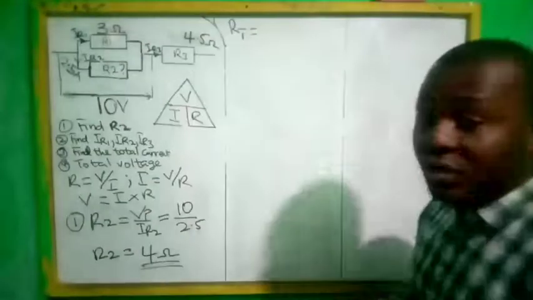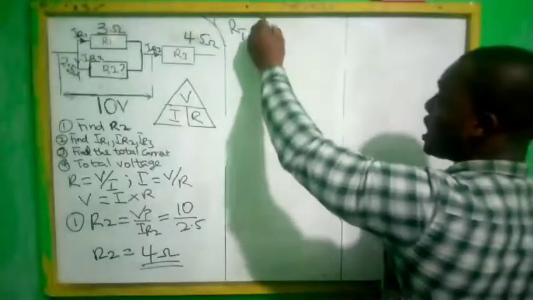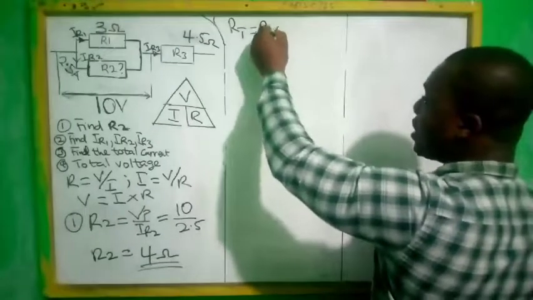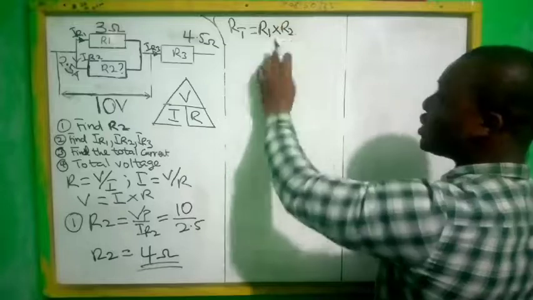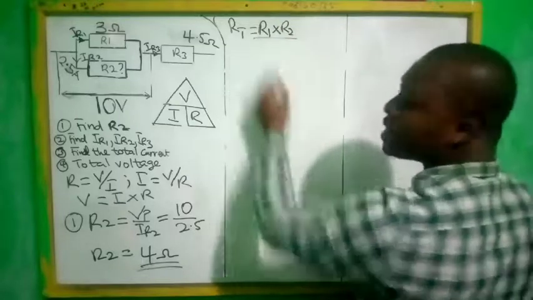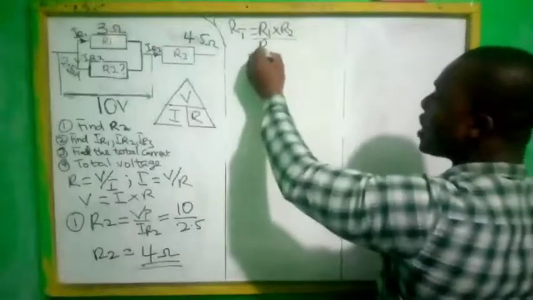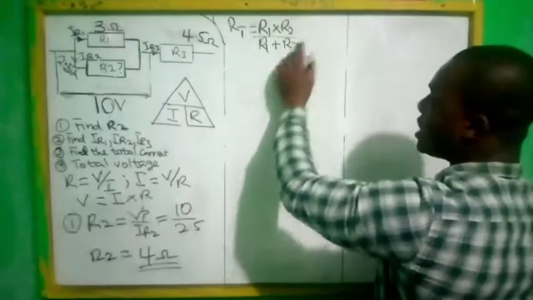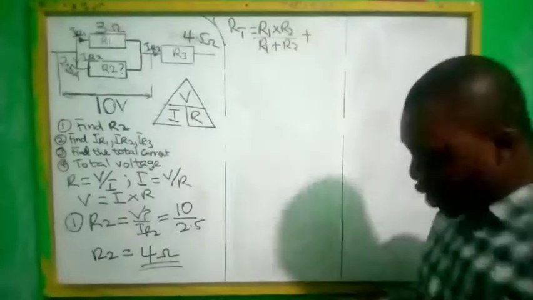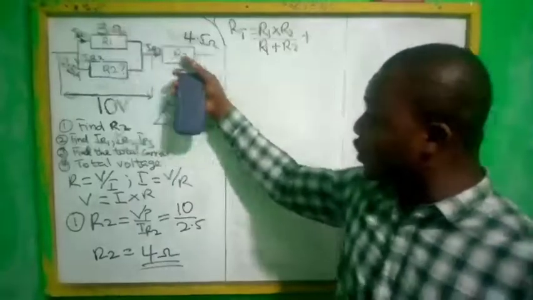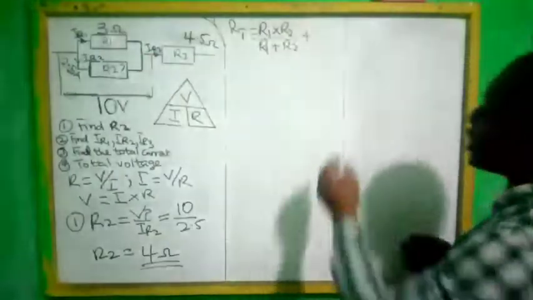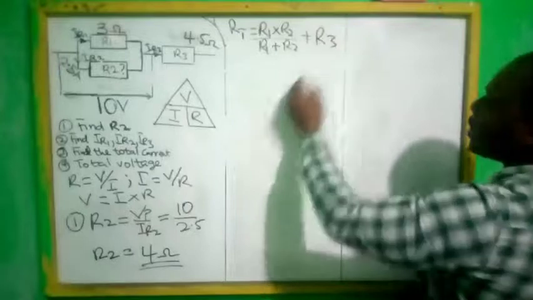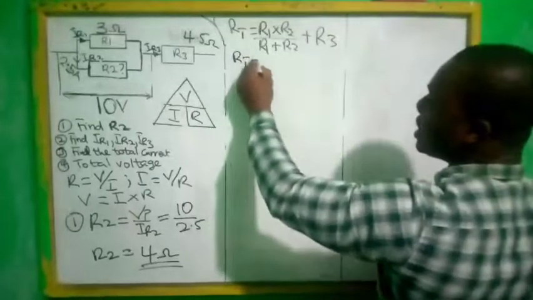Because there are two, we say R1 times R2 over R1 plus R2. Plus, why is it plus? Because R3 is connected in series. Plus R3. So total resistance is equal to